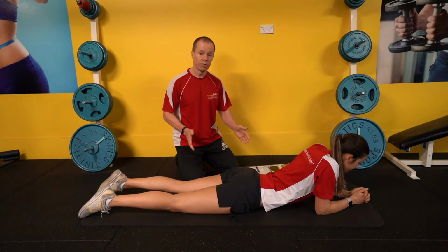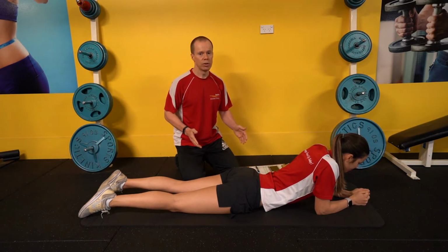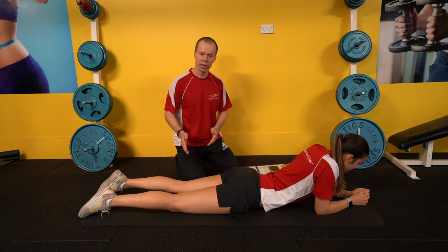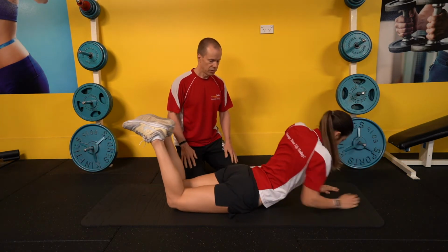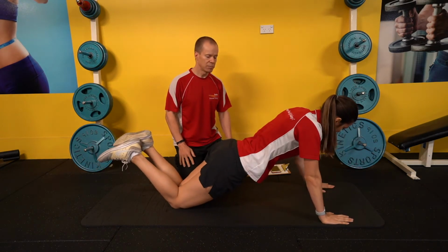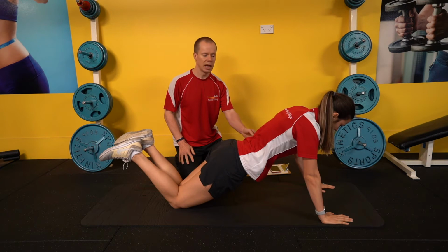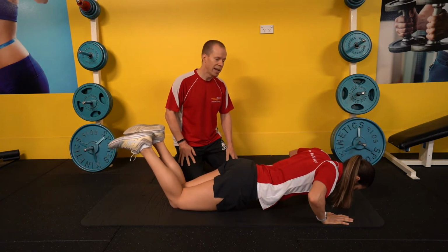So there's a few different variations of this, just like there was with the plank. Now, for most of you watching this, maybe you can't do any push-ups on your toes right now, so we're going to get you to do them on your knees. So if you go up onto your knees for me. So very similar to like you were doing your plank, except you're on your arms this time. Keep the tummy engaged so you don't slouch in your back,